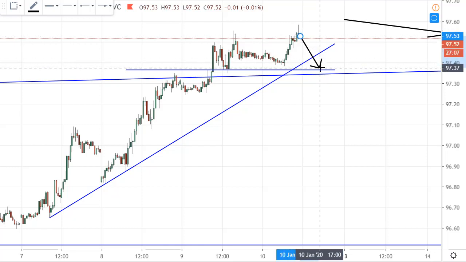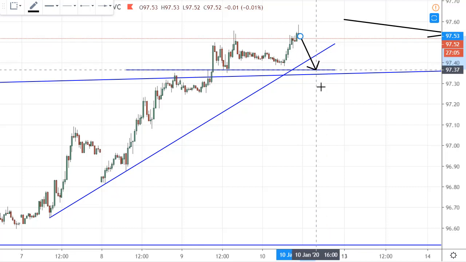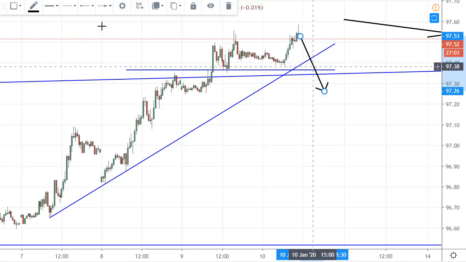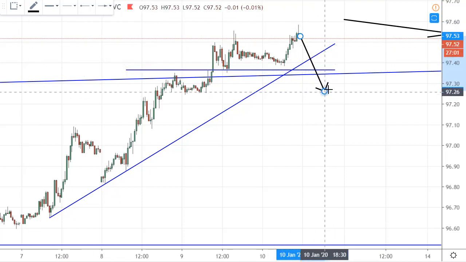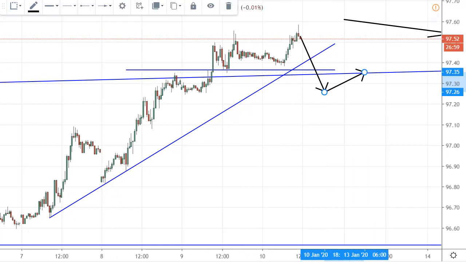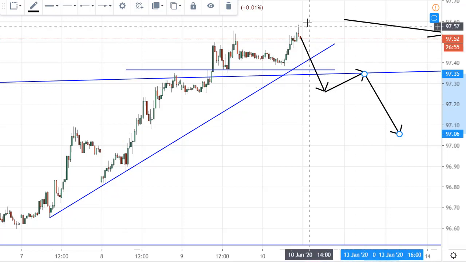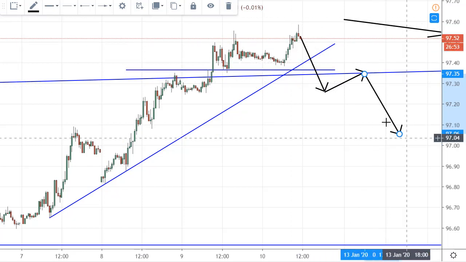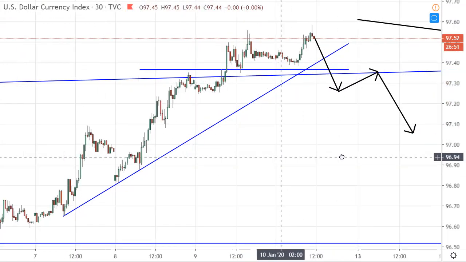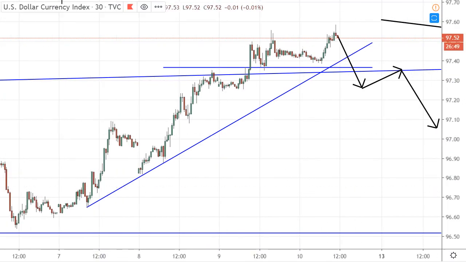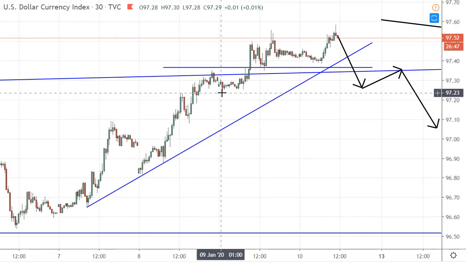Let's say we break this trend line over here. We break this support level. Preferably, I would like to see a retest of that level, and if it holds, we could see a further drop. And then, of course, my stop would be above this level or above this level, and I'm in this trade to go back at least into the recent support levels. And let's see what happens over there.